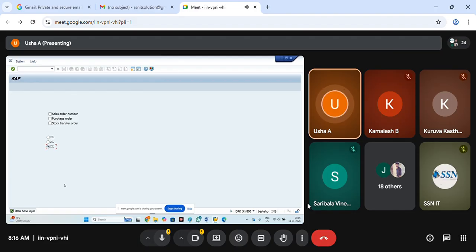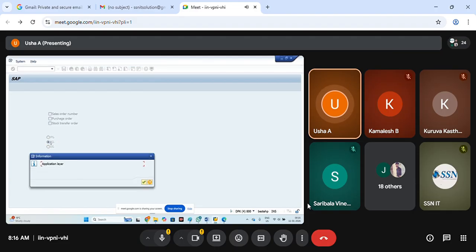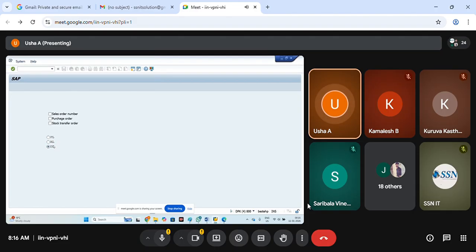So this is about the types of messages. We have error, which stops you where you are. Warning, information and success won't stop you. Warning will be yellow color, it just warns you and allows you to continue. Information pops up and shows, and it allows you further. Success displays only in the status bar with green color, directly showing the message at the status bar. So these are the types of messages, and how we write the code for checkboxes and radio buttons is very important, which I have shown already, how to design and how to write the code.